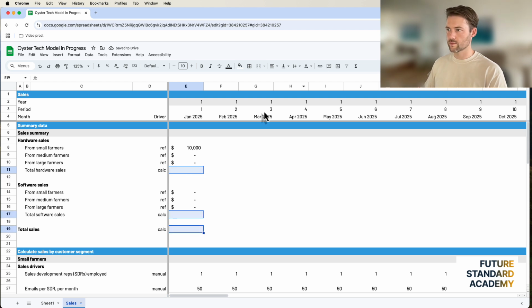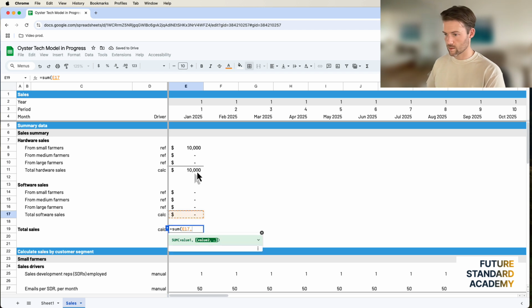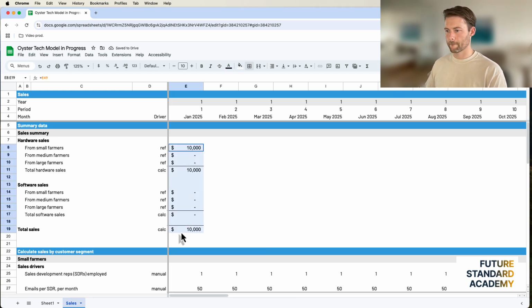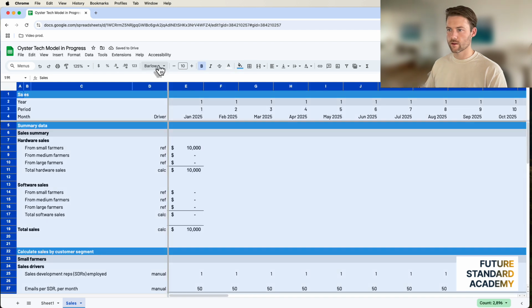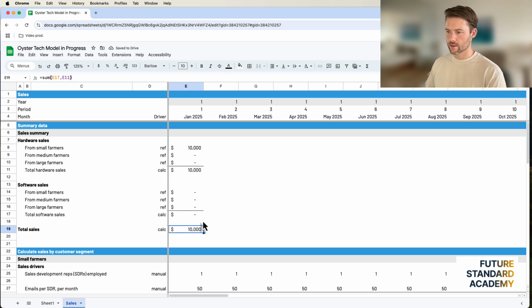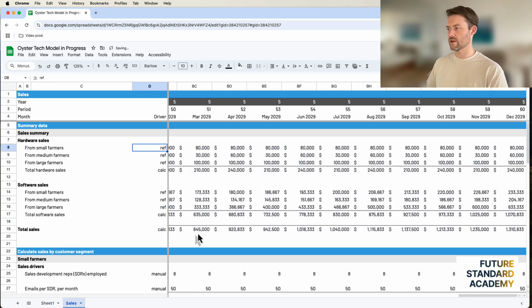And put a couple lines for when you total something up. And do some sum functions there. Comma in between if you need some space. Okay. I want to make all these Barlow formatting, 10 font. It's adding up just fine. So what I'm going to do, I'm going to fill this over now, and that's going to give me my